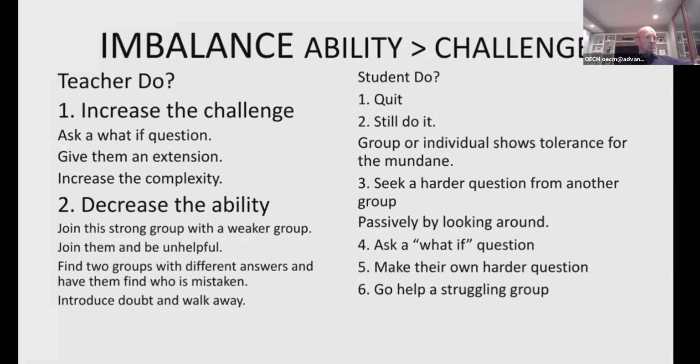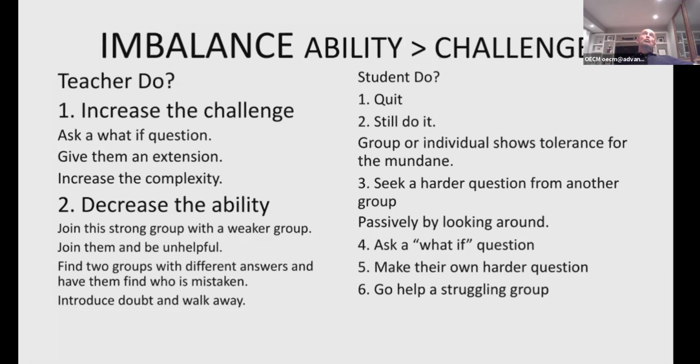So those are things that you could do. You could decrease their ability. You could join a strong group with a weaker group. You could join them and be super unhelpful. You could find two groups with different answers and have them find it and introduce doubt and walk away. So this is one of my favorite ones because